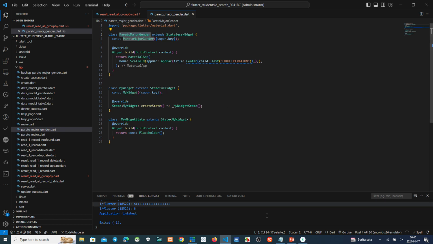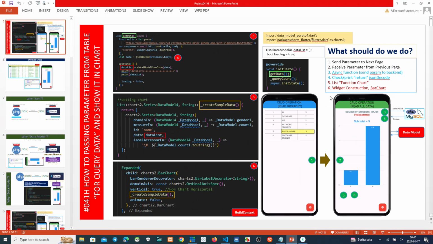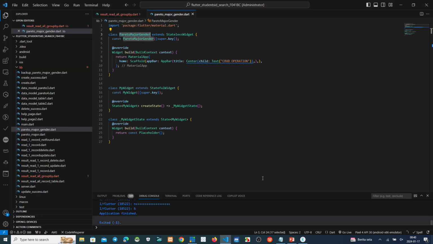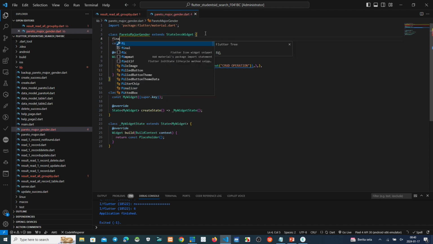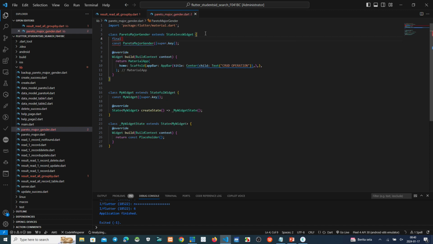Okay. Now, if we send this parameter from here to the next page, on this page we must receive the parameter. Okay. Now we receive parameter name from previous page, final string.